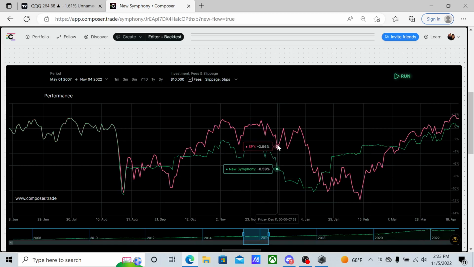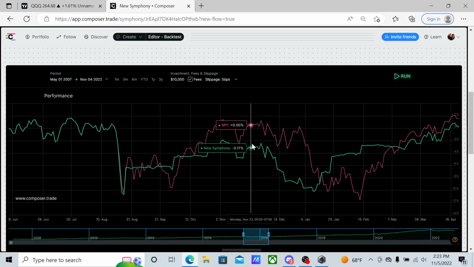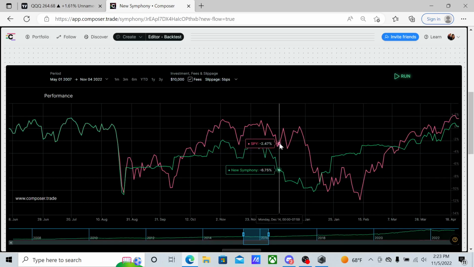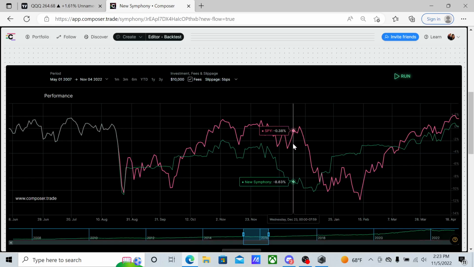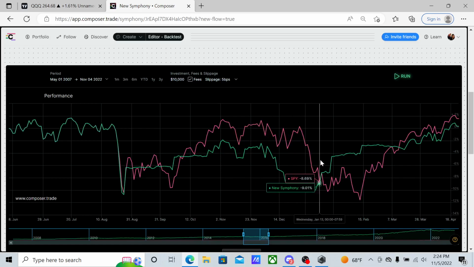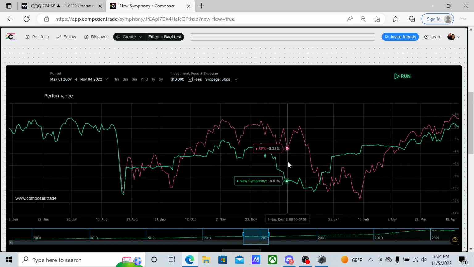You can see here, tried to catch a rebound, didn't happen. Or actually, no, I'm sorry. This is probably when the S&P is back above its 200-day. So it closed back above its 200-day and then started to decline again, and then we got out. But as we got out, the S&P started to recover again, and then it started to decline again. So this choppy market movement can trip you up,